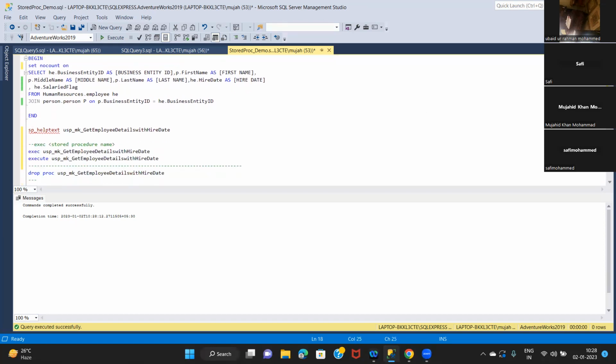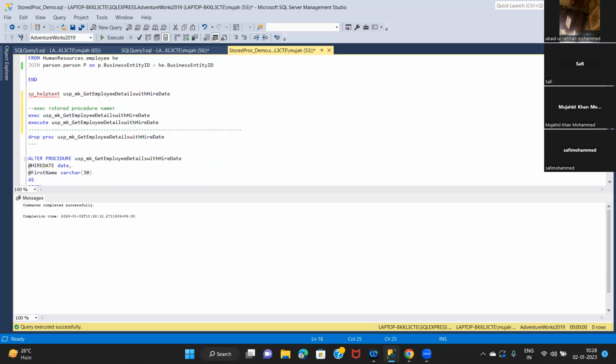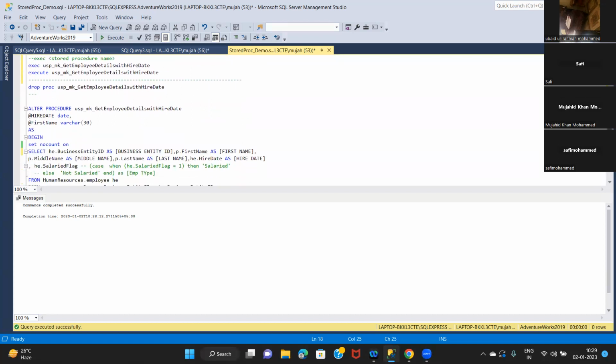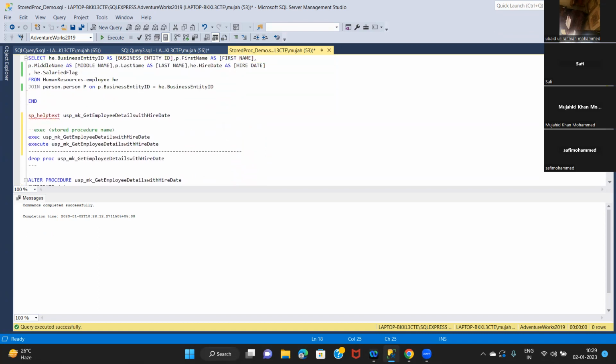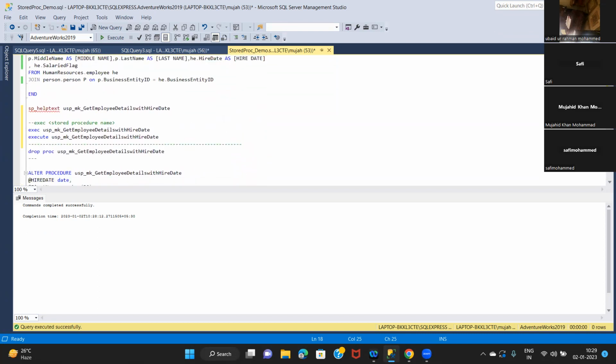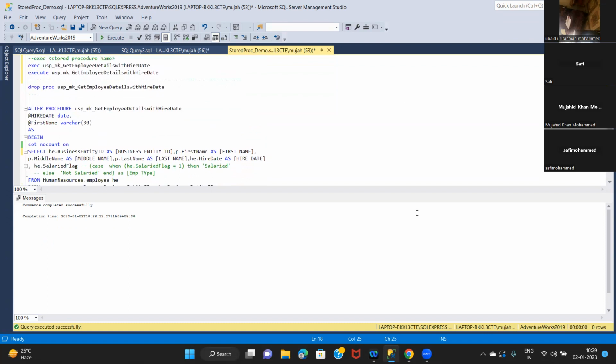Okay. So create stored procedure, execute stored procedure, alter stored procedures we have seen. Now let me drop it, delete it. How to remove the stored procedure? For that we have a command